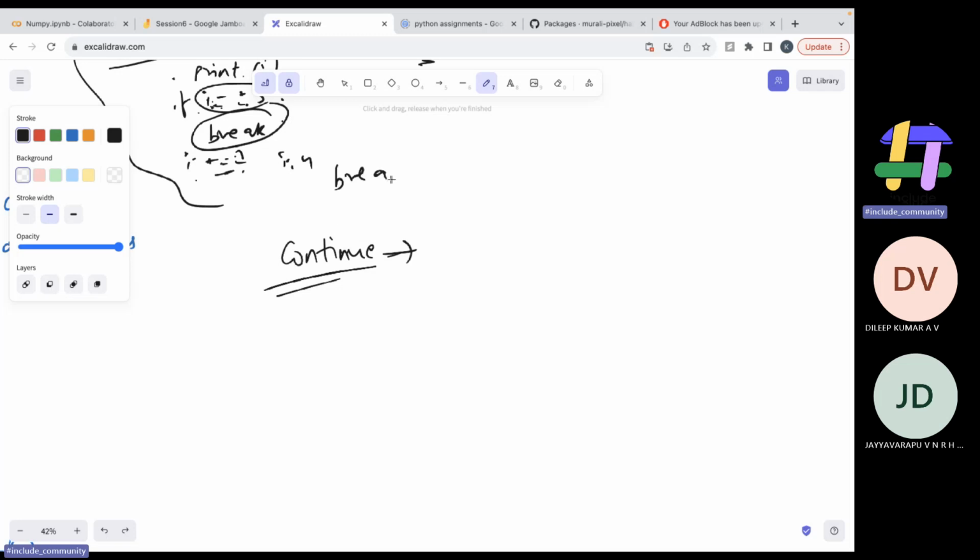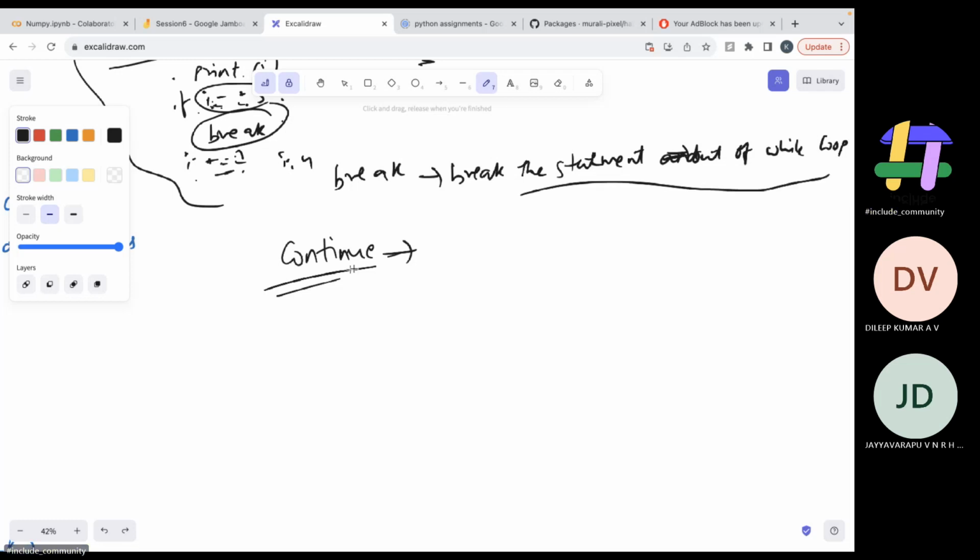So break. What is meant by break? It will break the statements and also go out of the while loop. It will break the loop. It will break the statements in the while loop. And